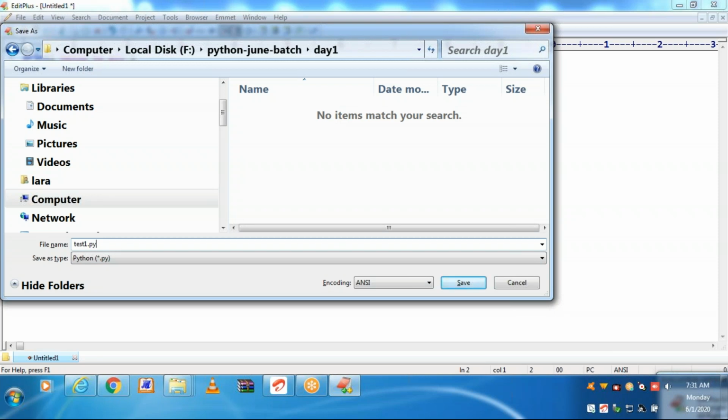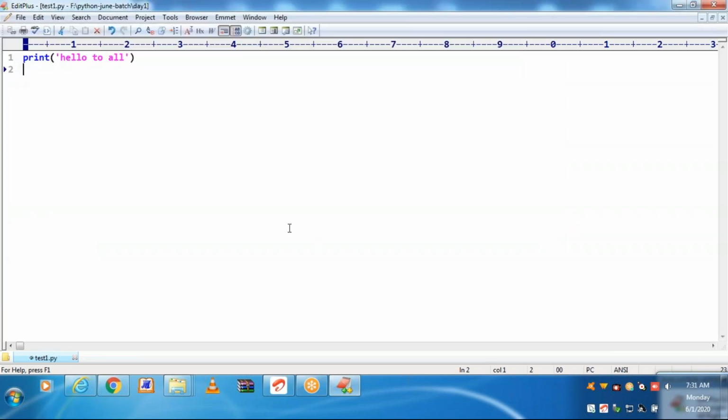Every file of Python should have .py as an extension.